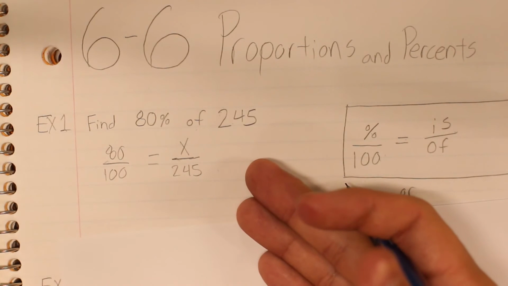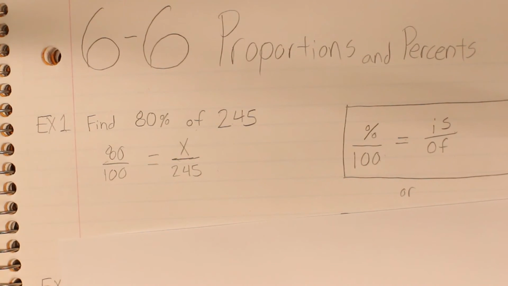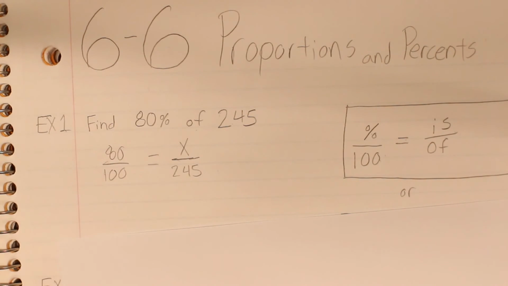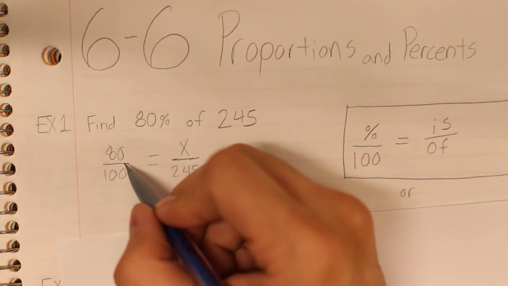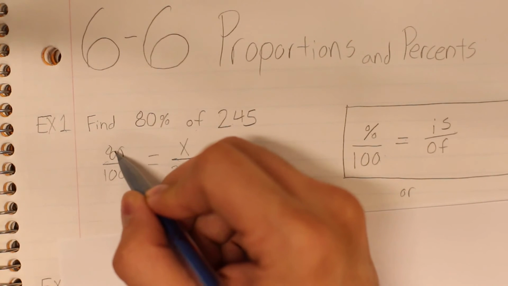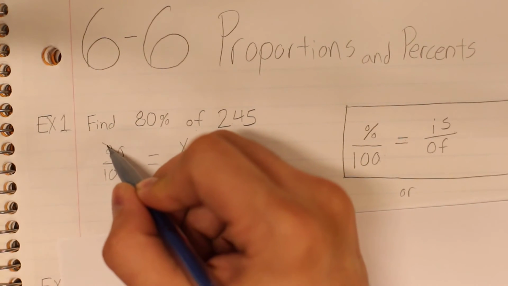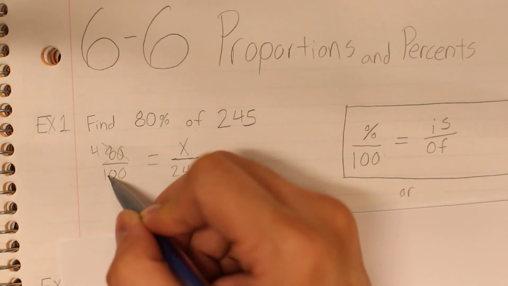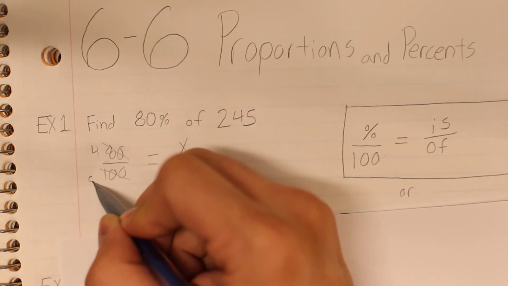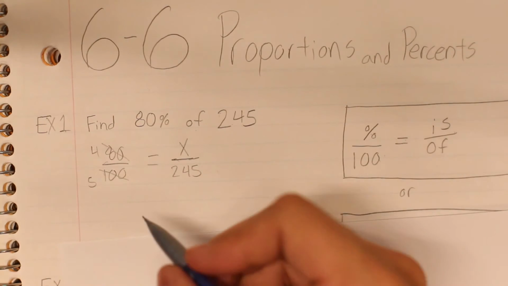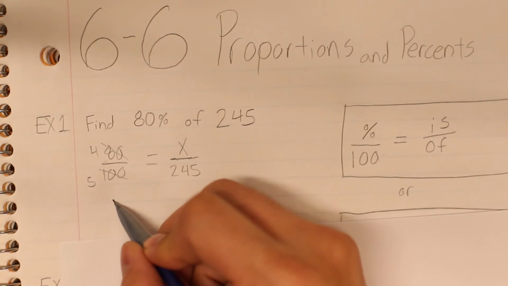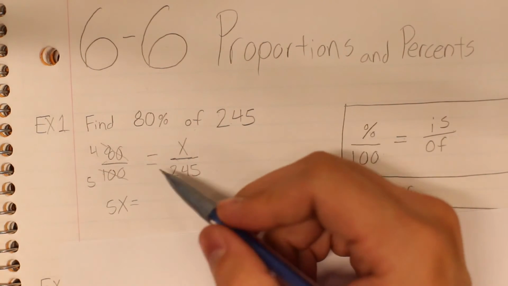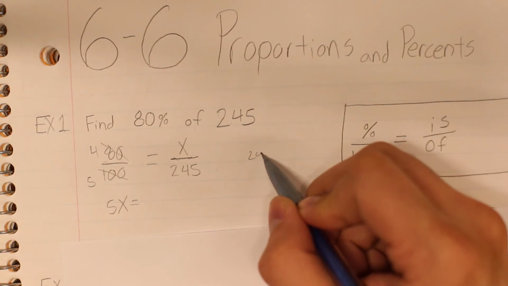At this point, it's just a proportion problem that's easy for you to solve. Just go ahead and reduce, cross multiply, and divide. So if I reduce this, I could say, well, 20 goes into this. You could slash that and say I got 4. 20 goes into this, slash that, I got 5. Cross multiply, divide, okay? So I could get 5x is equal to, well, what is 4